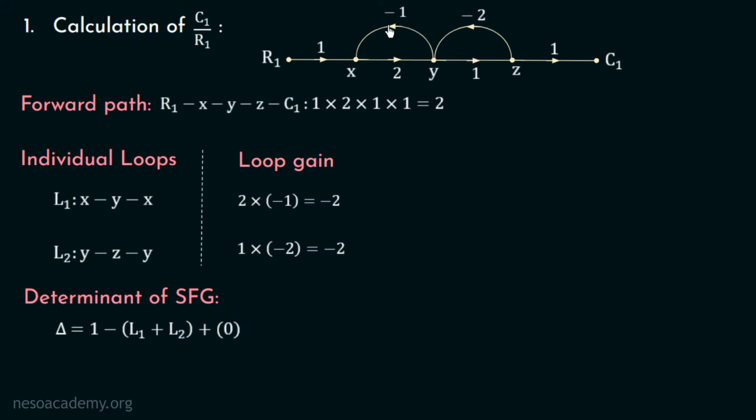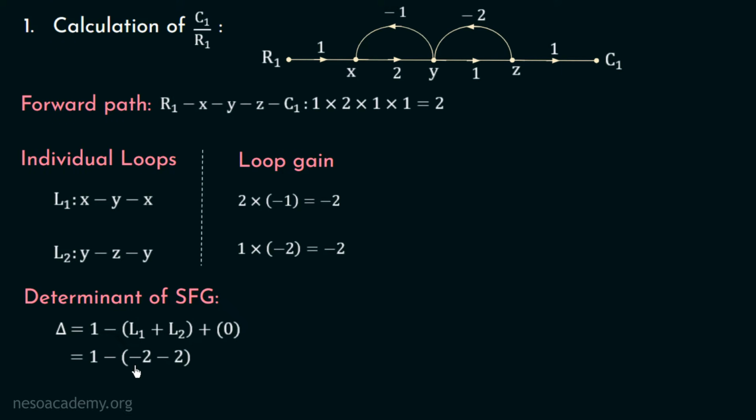But we can see that in this SFG there are no non-touching loops. That is, the number of non-touching loops is equal to 0. And that's why the gains of non-touching loops is equal to 0. Now, if we put the values of L1 and L2 in this equation, we will have delta equal to 1